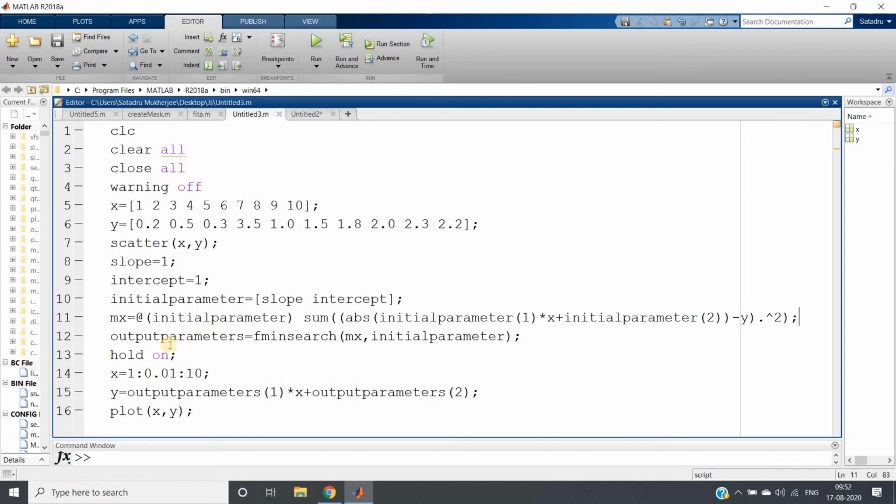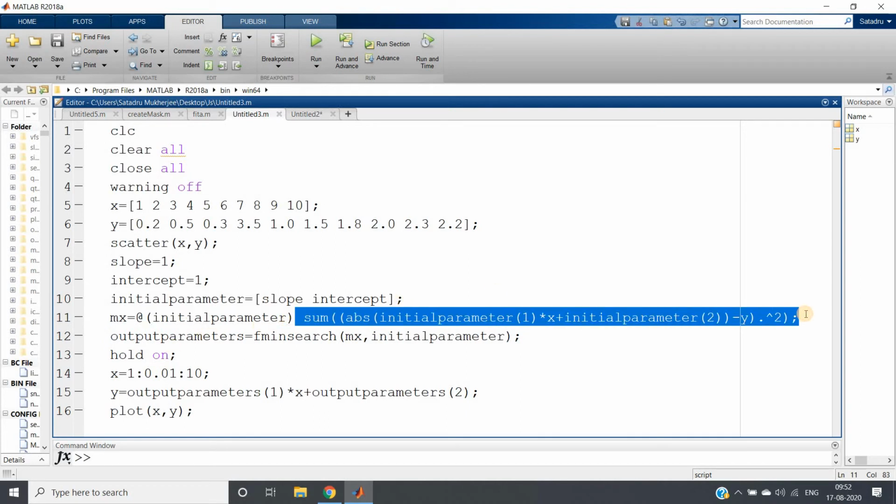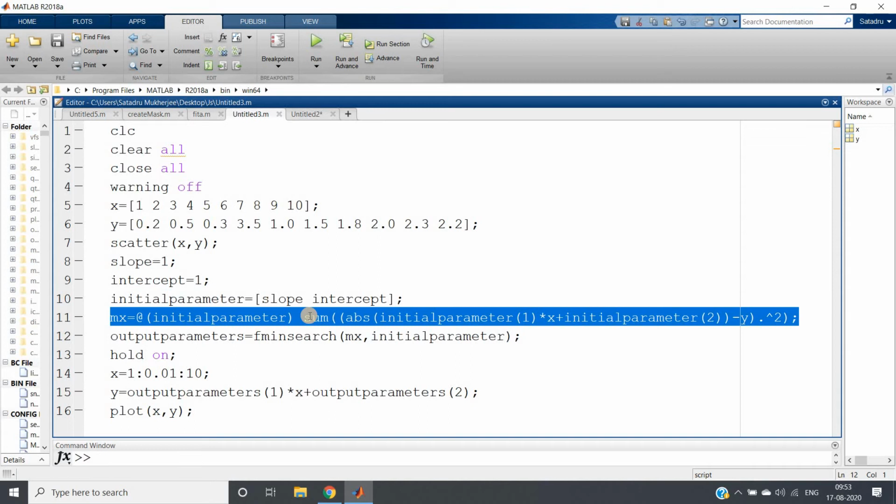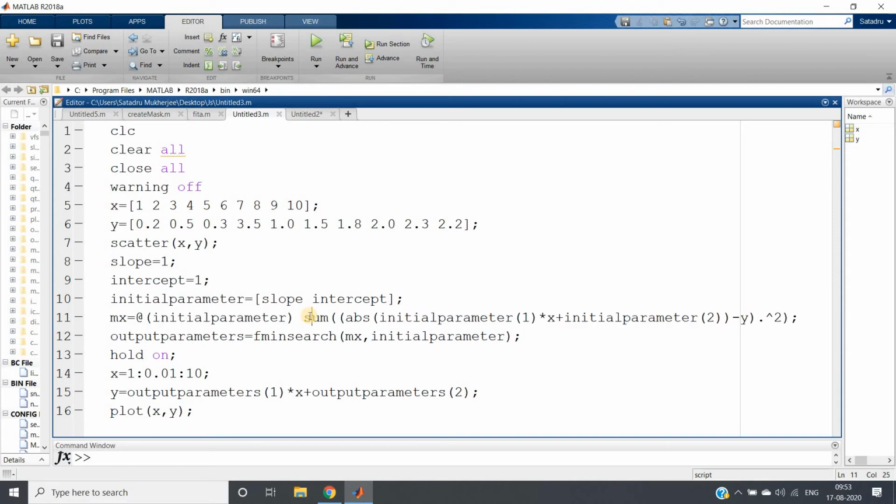Our anonymous function is basically nothing but the mean square error, but here we have neglected the mean part. Here I am taking the squared error part only. If you want, you can divide by the total number of data points, but anyway you will be getting the same result, right? So minimizing the squared error is equivalent to minimizing the mean square error, because we are just dividing the squared error by the total number of data points to get the mean square error, right?